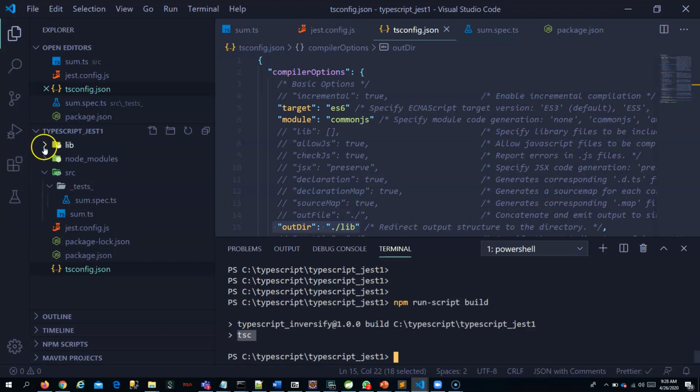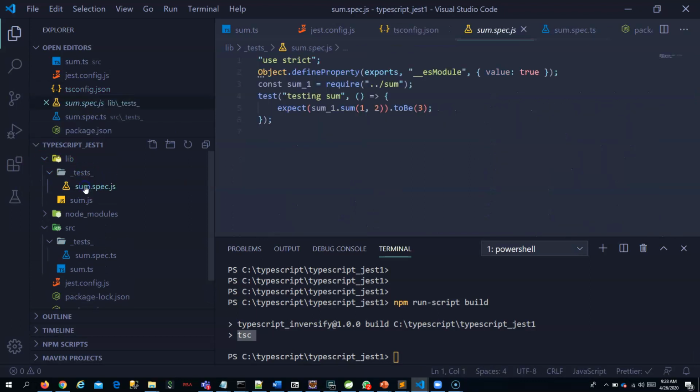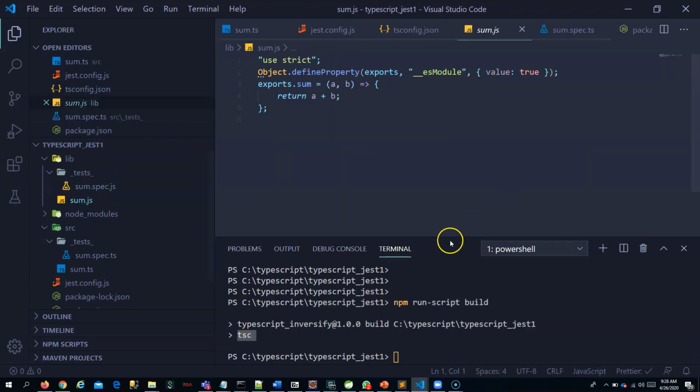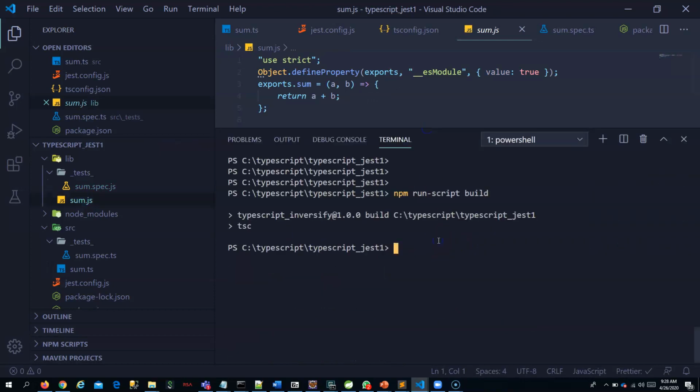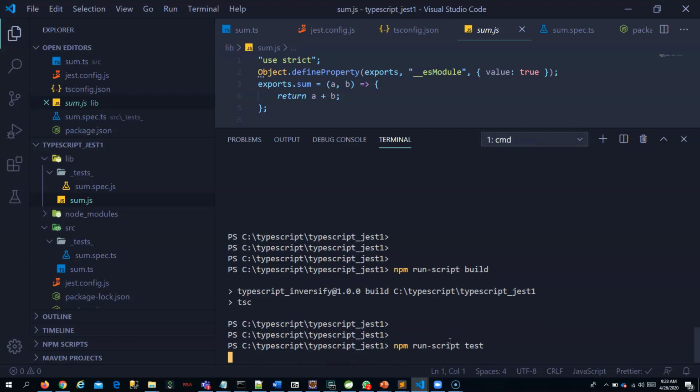Now it is done and all your TS are converted as JS. You can see it here. Now you can run npm run test again, so that you already have the JS file, right? Just run npm run script test again.